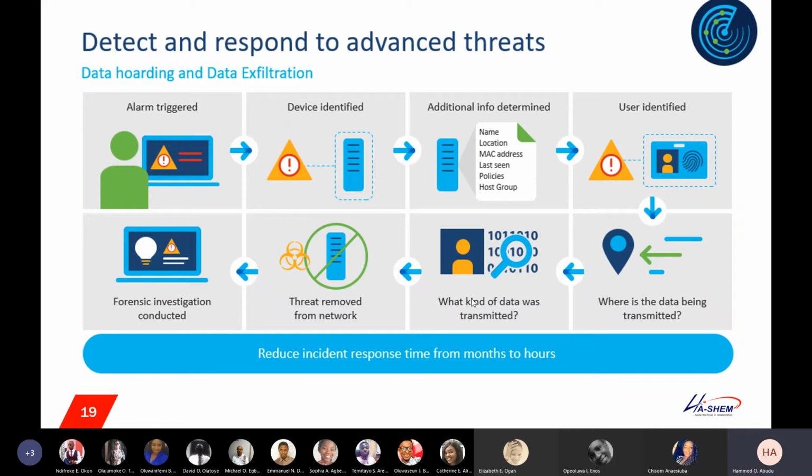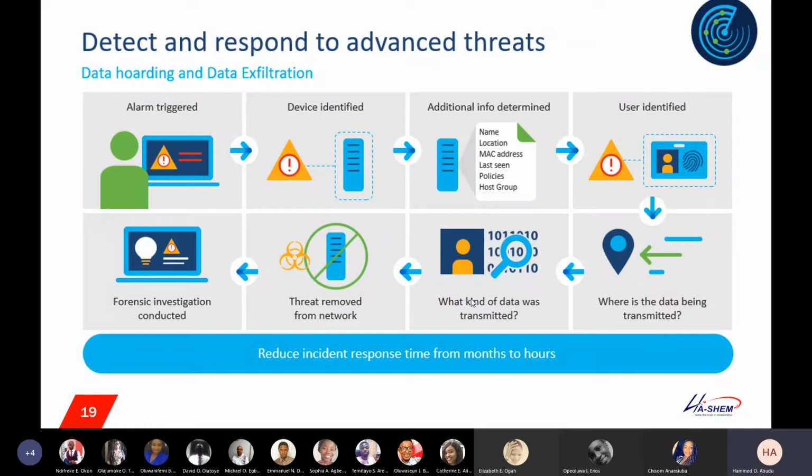So this is how detection and response to advanced threats goes through. Once your alarm is triggered, then you log into the console. Once you log into the console, you identify the device. Once you identify the device, you click into the device, then you can see additional info. Once you get all this additional info that is bundled up inside what you just clicked, then you'll be able